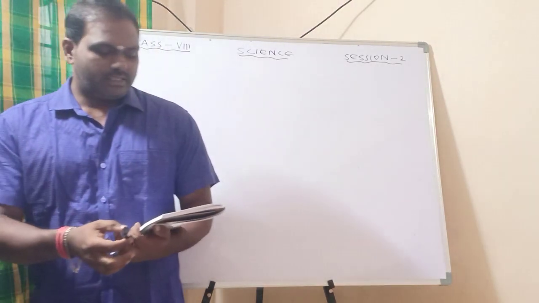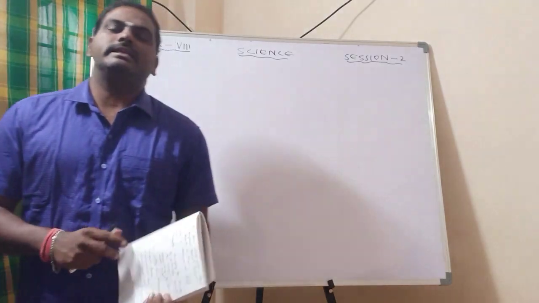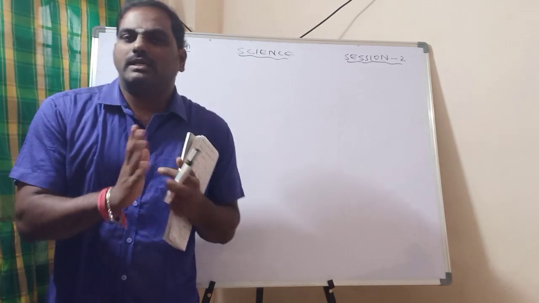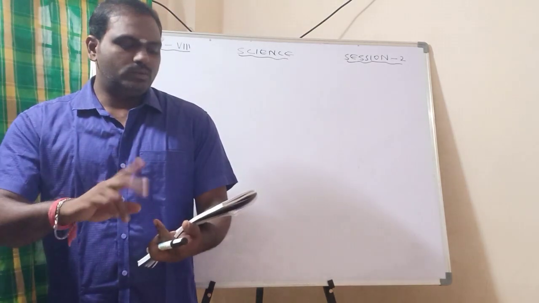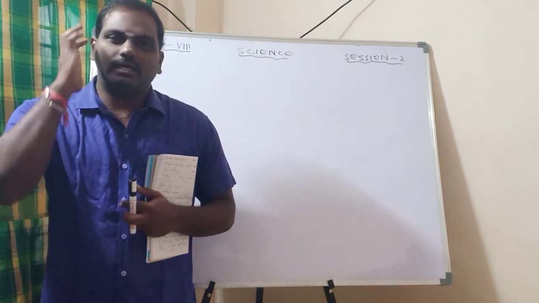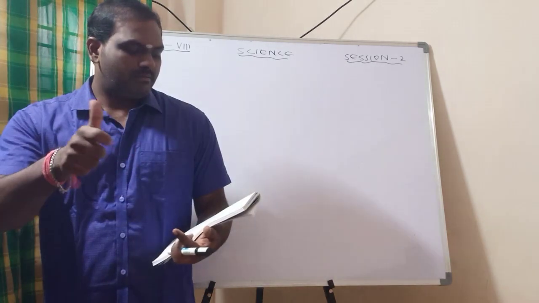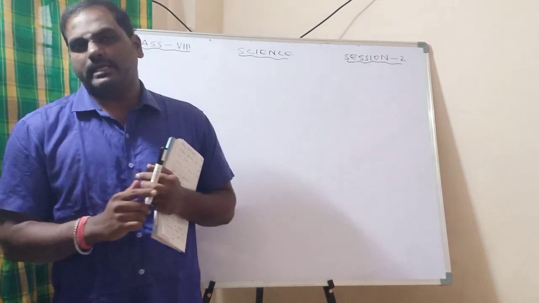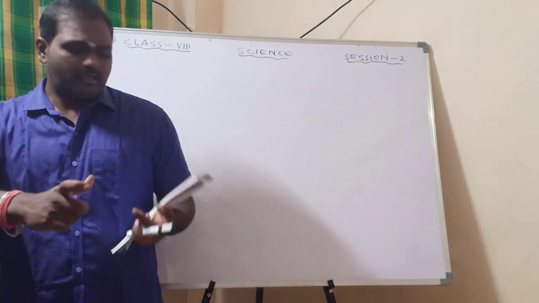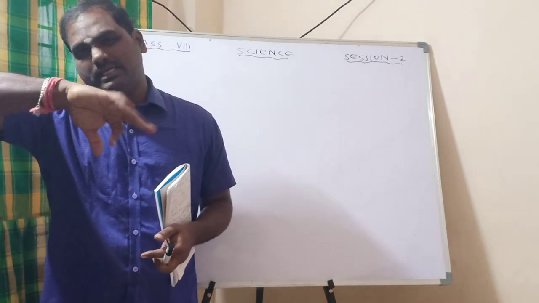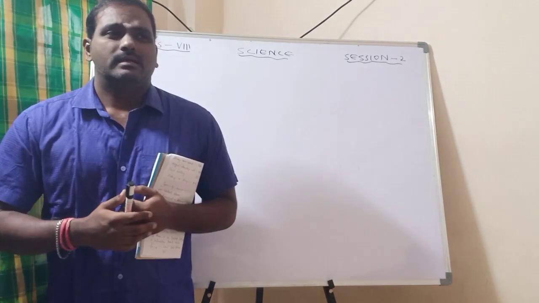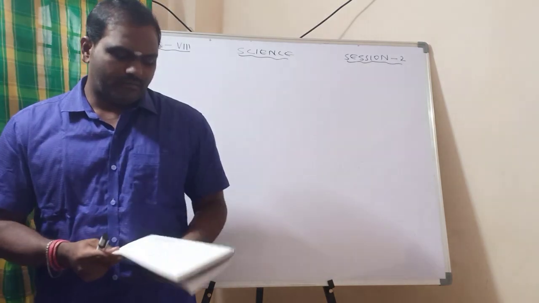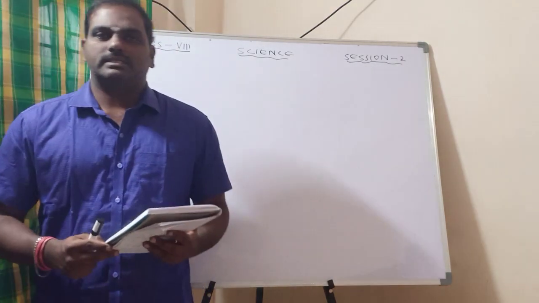After that we discussed the force at a distance, which is called field force. That means whenever there is no physical contact between the two interacting objects, it is called a field force. The best example I have given: a magnet changing the direction of a compass. A compass always shows the north and south directions. Whenever you bring a magnet near it, it will automatically change the direction without any contact. And second, the attracting of iron pieces towards the magnet. All this comes in the category of field force, right?